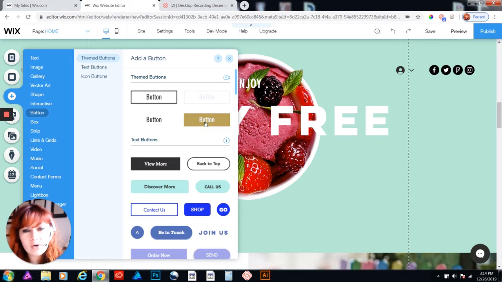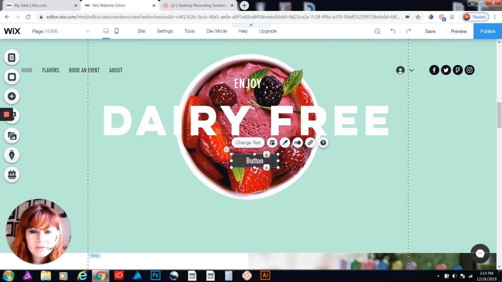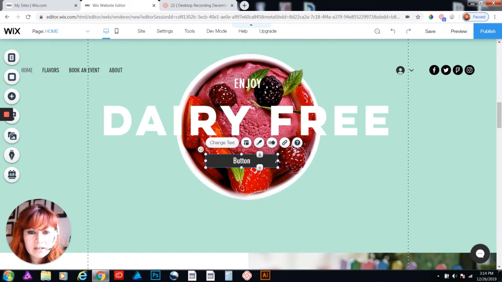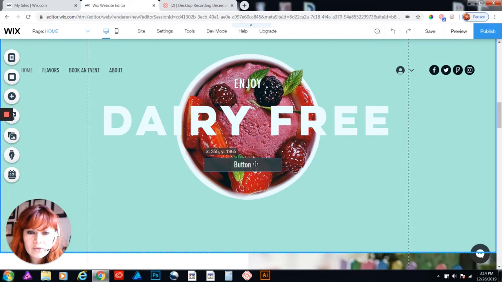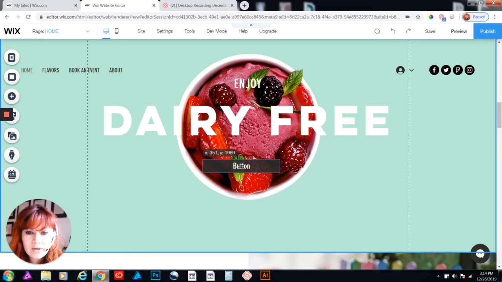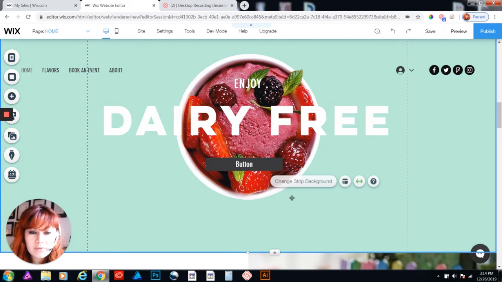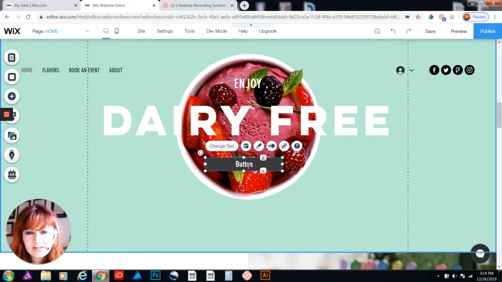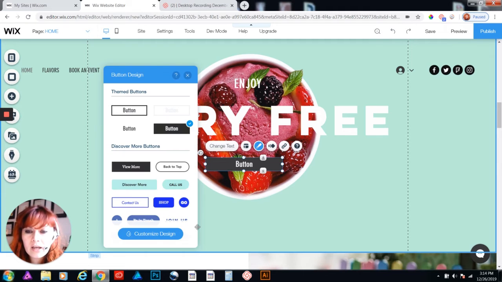So I'm just gonna go and pick one of them, make it slightly bigger by clicking and dragging these little anchors on the sides. So I drag it where I want it, and we are gonna go quickly. If you click on it once, it's gonna make this pop-up menu at the top. So we're gonna go to design, and we are gonna choose customize design,